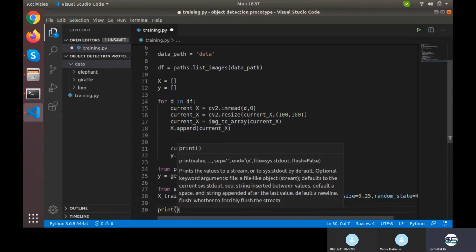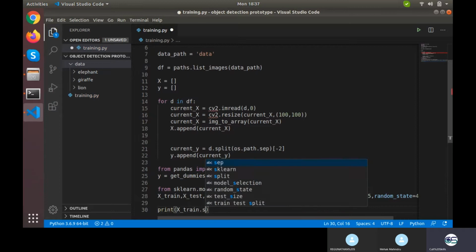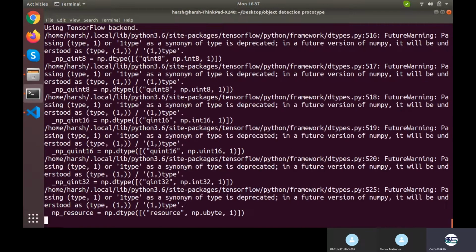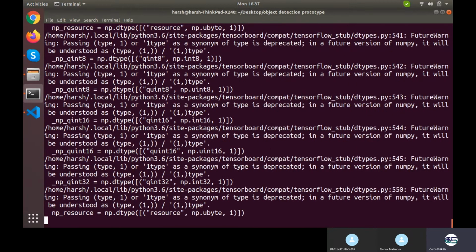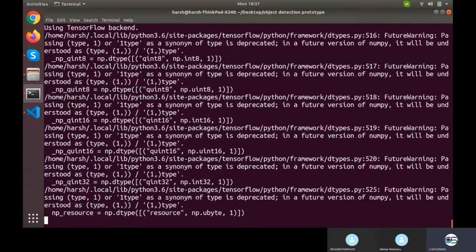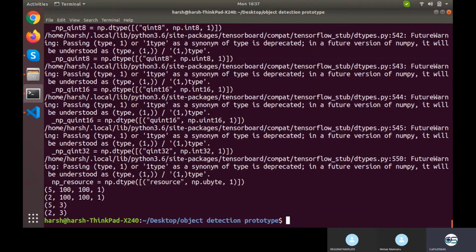So let's see the size. There were 7 images in total. The size is 500, 101, 200, 101, so X_train and X_test, and similarly for labels, 5 labels and 2 labels.